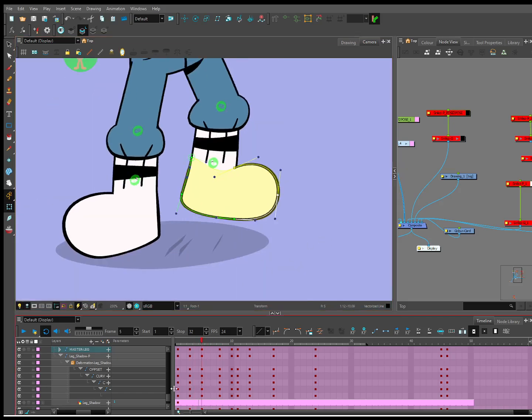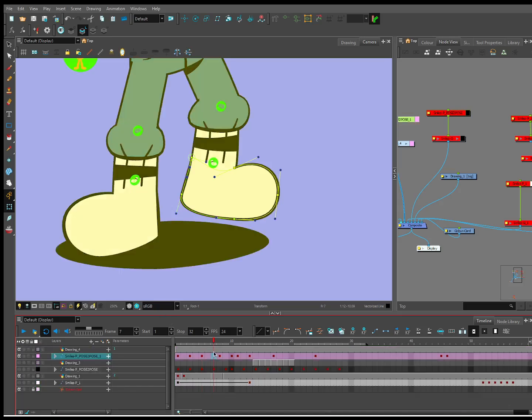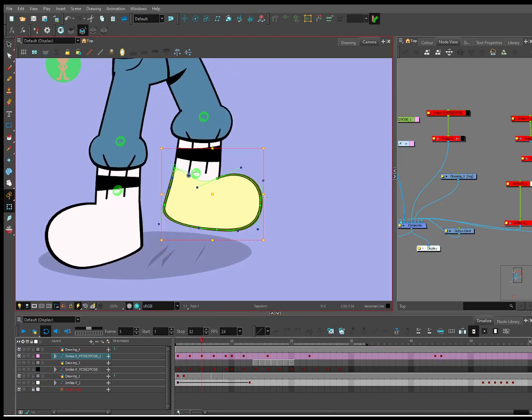Now I'm just gonna work on this leg. So now we have a leg going up, it's hitting its apex, and then it kind of goes down.